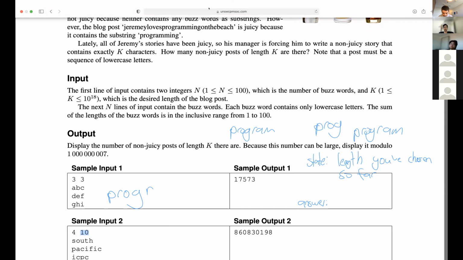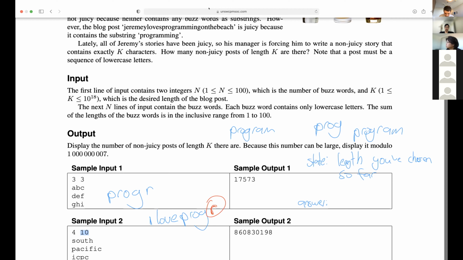To do that, you want to know what suffix of our string so far matters. If your post so far is "I love prog" and you're adding one more letter to the end, like an R, you care about whether this R either finishes a buzzword or could lead to us finishing a buzzword in the future.